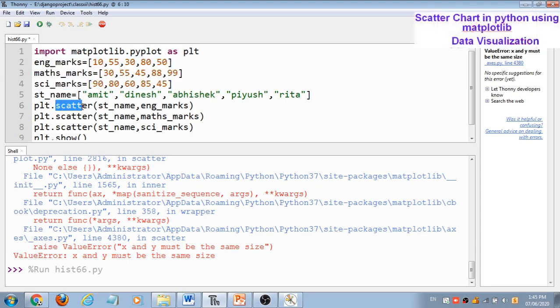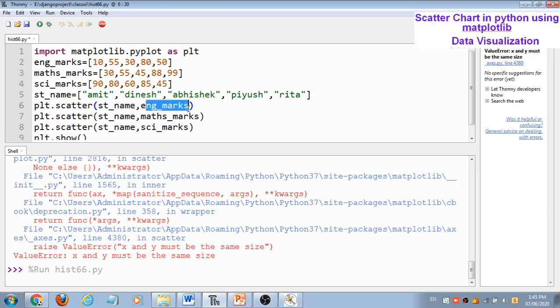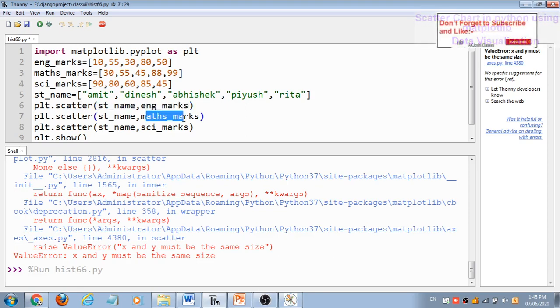I want to plot three scatter charts in a single plot. In the first scatter I have st name and English marks, then st name and maths marks, then st name and science marks. So the x-axis is common for each scatter chart, only the y-axis is changing.